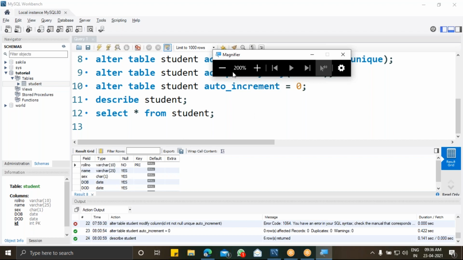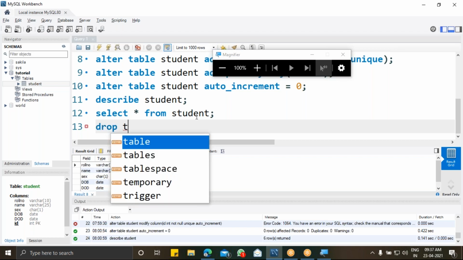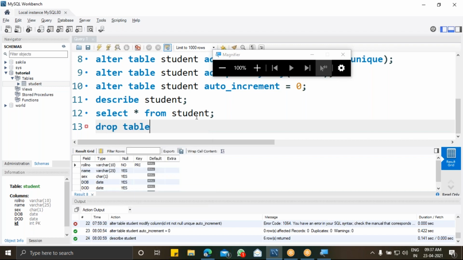Before that, first I'm going to drop all the databases and tables. Yesterday we started with DDL, so there is create, drop, alter or modify. These are the things that we started with. First I'm going to drop the table. Before that, I have two tables: one is the student table, another one is the department table. I hope that is visible here.